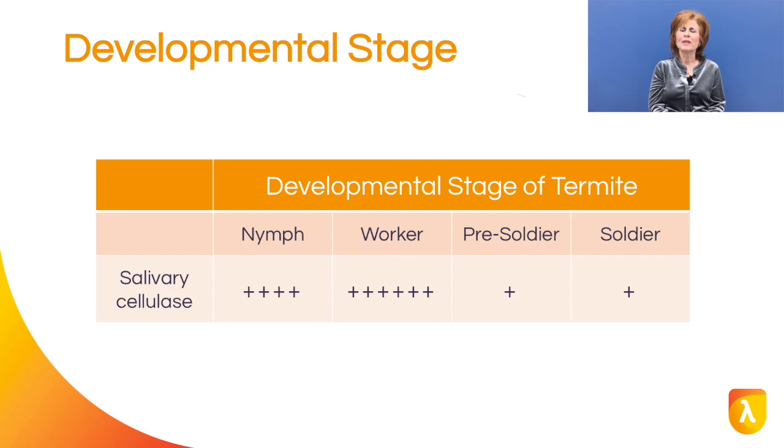Variation during developmental stages is ubiquitous. One interesting example is the relative changes reported in transcription expression levels for the termite salivary cellulase. Expression of this transcript is highest in the worker termites and nymphs, which is considered consistent with the feeding habits of these forms. Expression is very low in the pre-soldier and soldier termite stages, which are the forms that defend